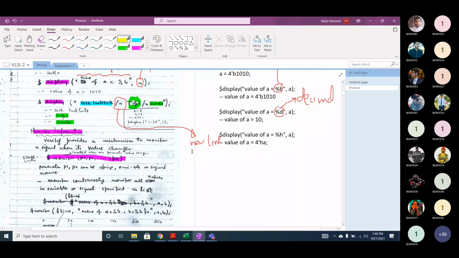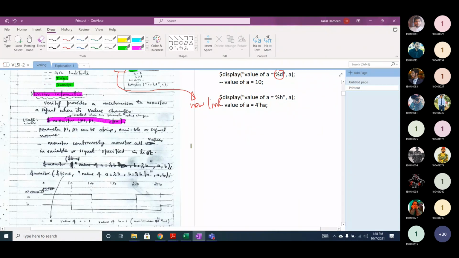Now if you look at the monitor statement, it has a bracket, and there are different parameters. N parameters. How many parameters are there in this monitor statement that is highlighted in purple? N parameters, sir. N parameters are separated by what? Each parameter is separated by what? Separated by comma.